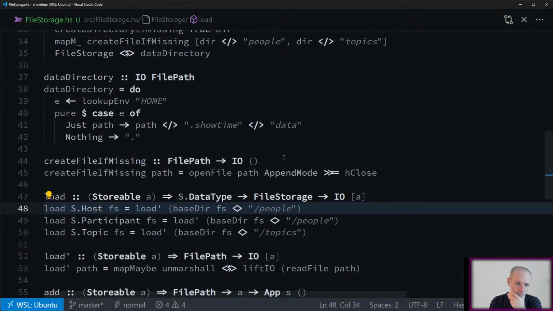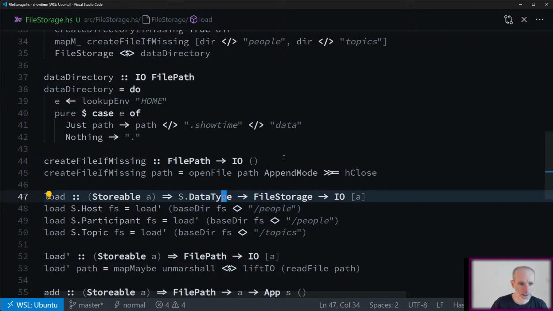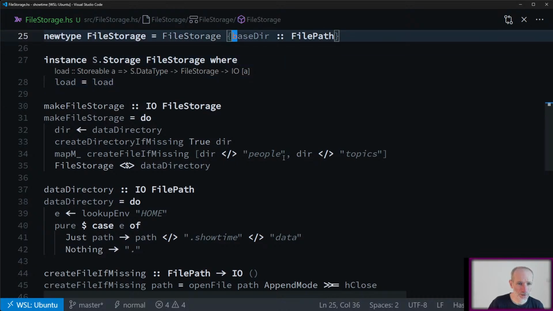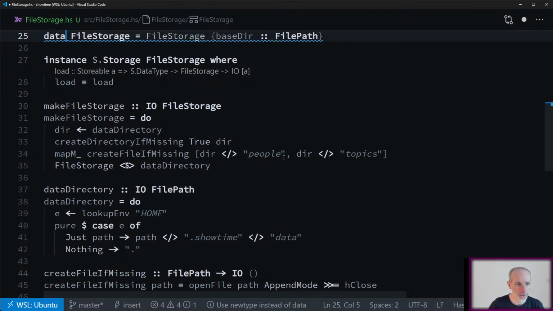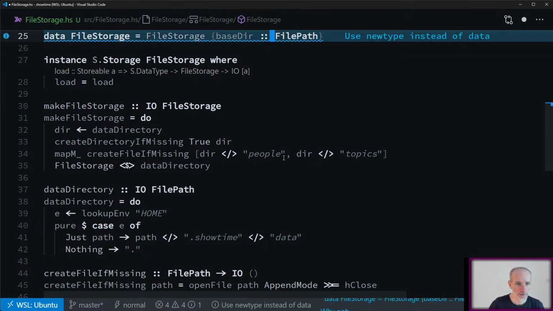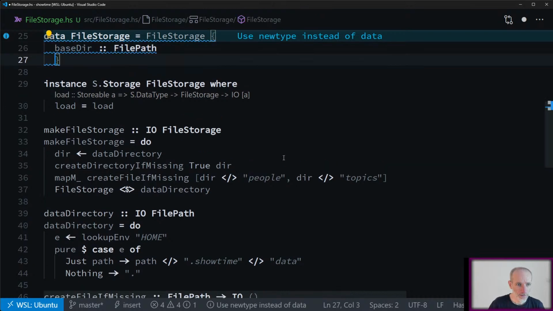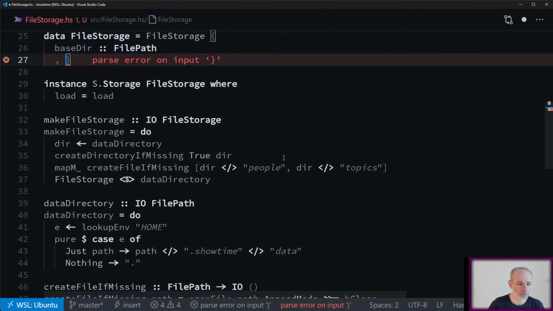I could make this a little bit better, I think. So rather than just storing the base directory, I could store all of the different file paths inside here. So I just change this to data. And then, whoops, we can store a base directory, but we can also say